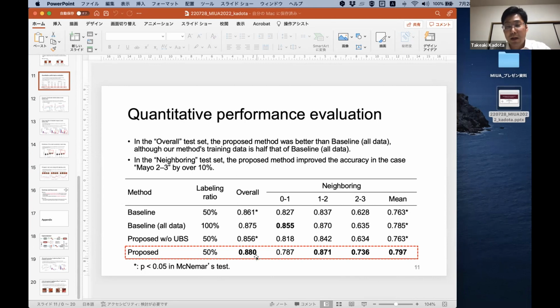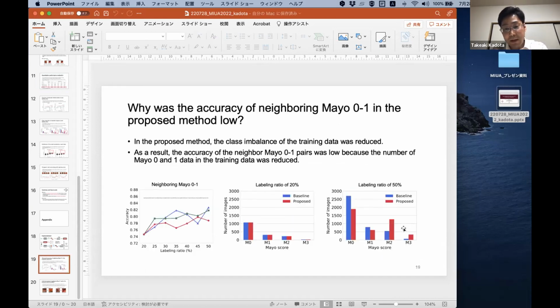Our data set has an imbalance. The baseline has a large imbalance, but in our proposed method the training data set class imbalance was reduced. So